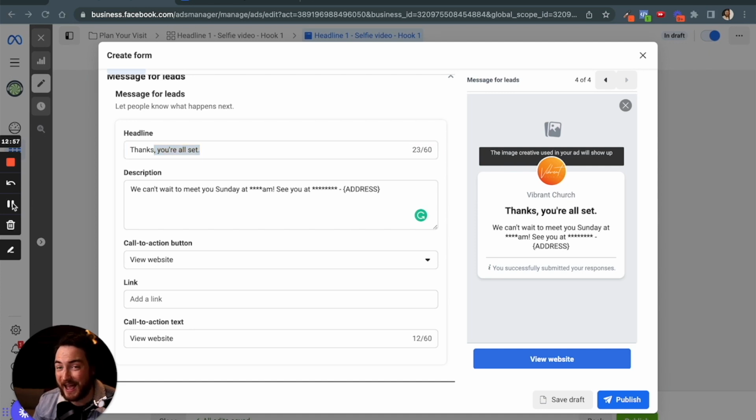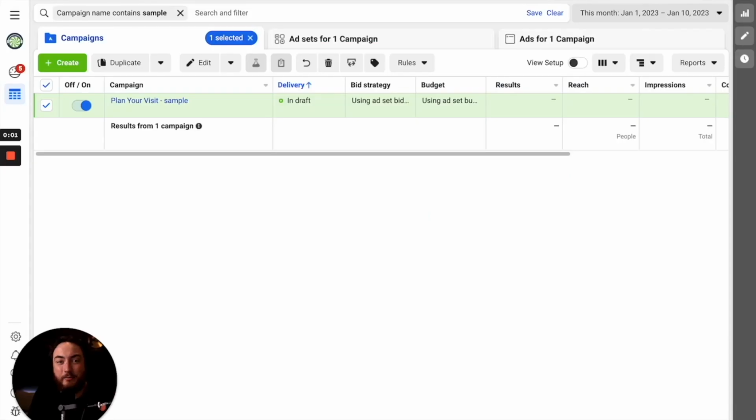Now that we've created the ad and the form, let's create multiple variations. Now it's time to set up what I like to call the shotgun strategy. This is where we create tons of different variations in order to see what combination of hook, headline, and image or video works the best, and this will allow you to scale the ads and get the most bang for